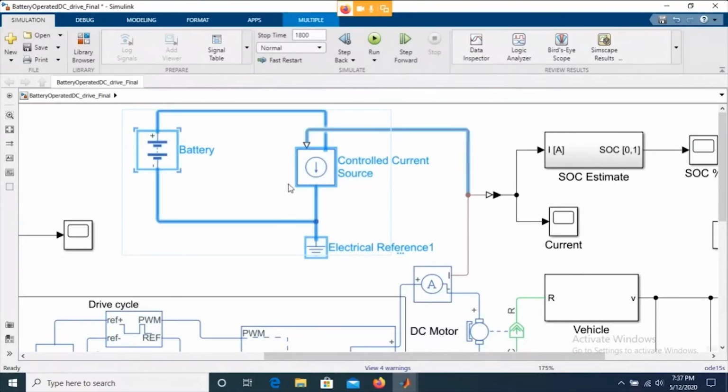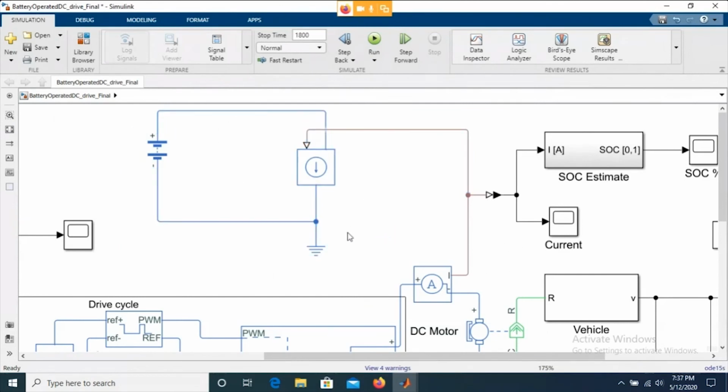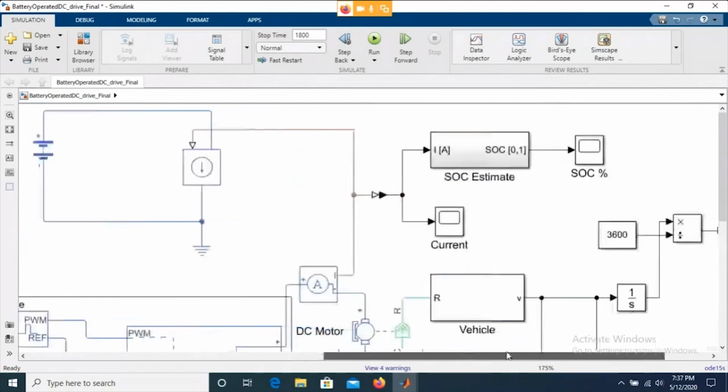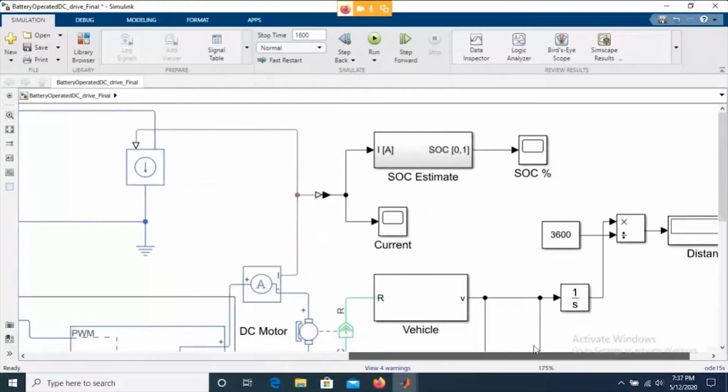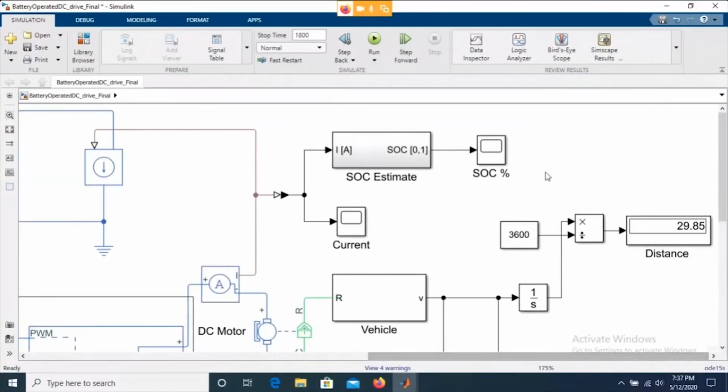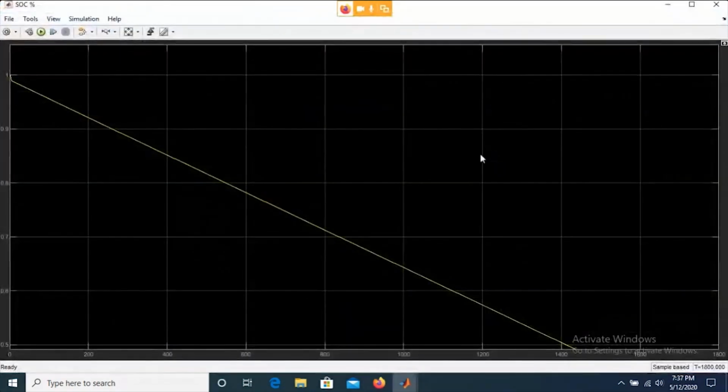Now today we have incorporated that into a full vehicle model. So what is the state of charge of a battery? State of charge is going to show you how much capacity is left, right? So let us see, after traveling 30 kilometers, how much battery capacity is left? Therefore we'll get an idea about the range of the vehicle.